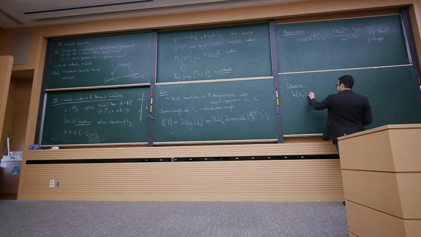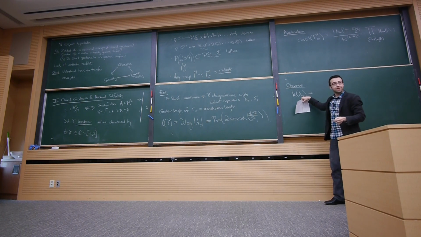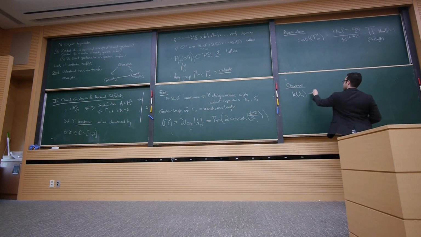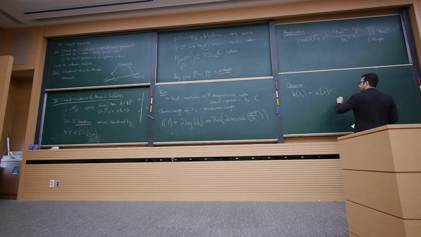But this is inherently just isomorphic. This behaves like this, K adjoin lambda sitting inside of our